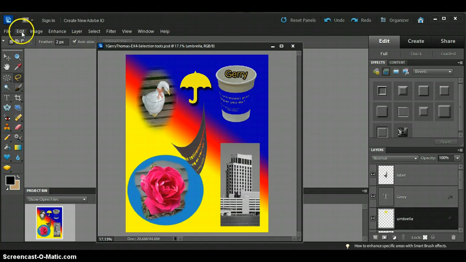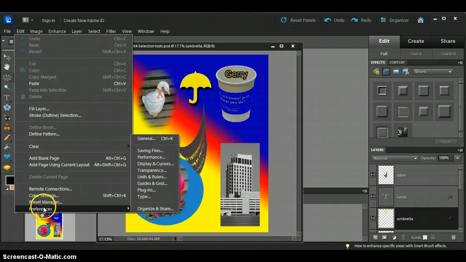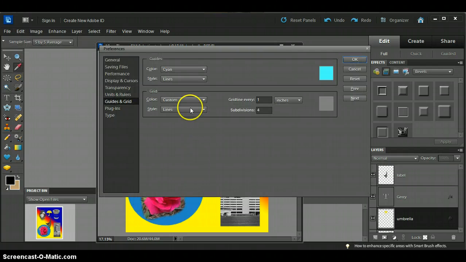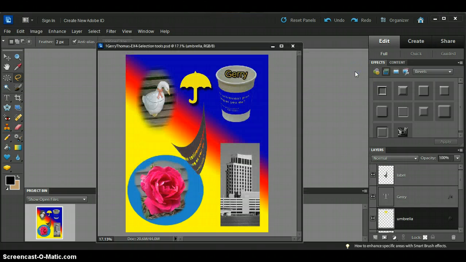If you go to, first of all, Edit, Preferences, and then over to Guides and Grid Lines, you can see there's something here called Grid. It's set right now to a default grid line every 1 inch, and subdivisions 4. That means every 1/4 inch is going to be a subdivision. I'm going to leave it at this default right now. If you ever need to change it, you can change it here by going to Edit Preferences and doing that. I'll cancel out of this, but what I will do is go up to View